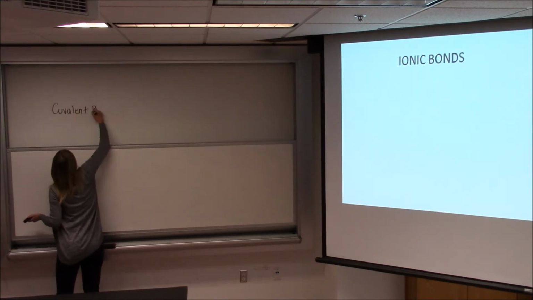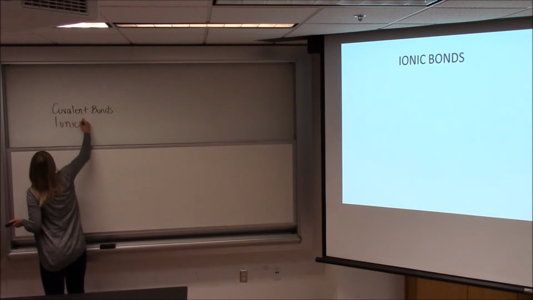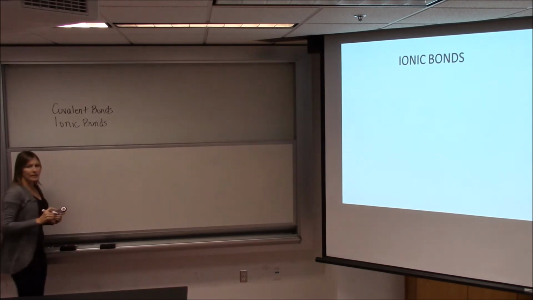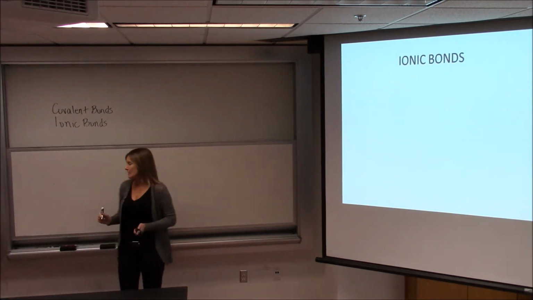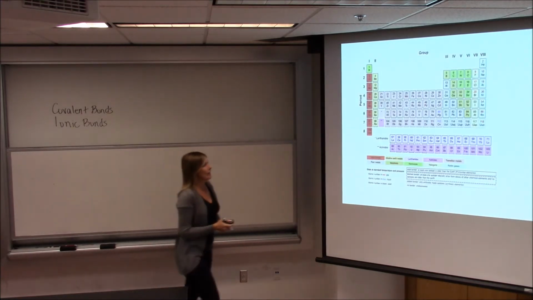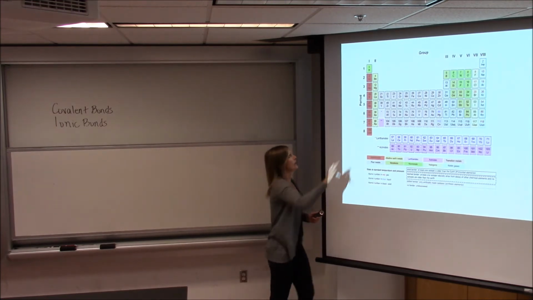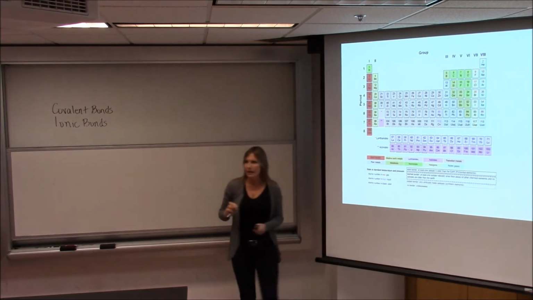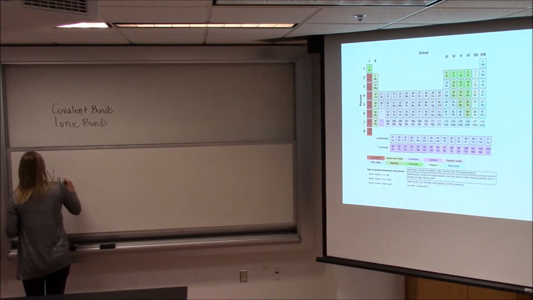Now we're going to start talking about the second category, called ionic bonds. And in order to understand ionic bonds, you first have to understand what an ion is. Okay, so when we look at the periodic table, every element as it appears here is called an atom. So that would be a hydrogen atom, a lithium atom, a sodium atom. And sodium, as an atom,